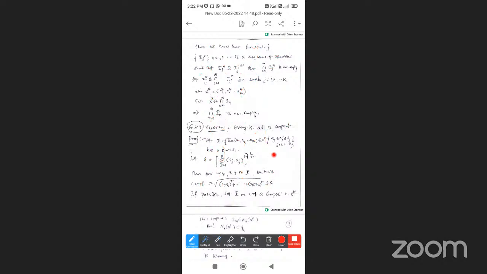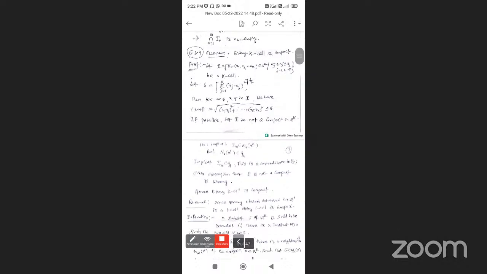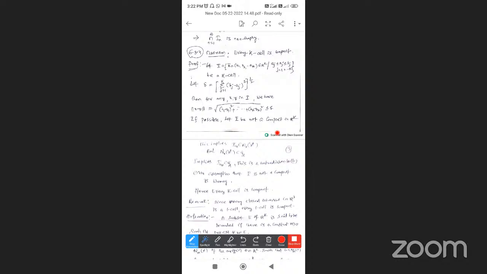Next, this is Theorem 6.34. Every k-cell is compact. Every k-cell is compact. Now let I be the set of x bar equal to (x_1, x_2, and so on, x_k) belonging to R^k,